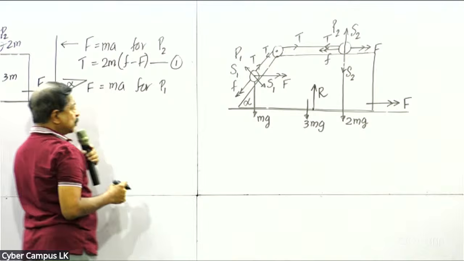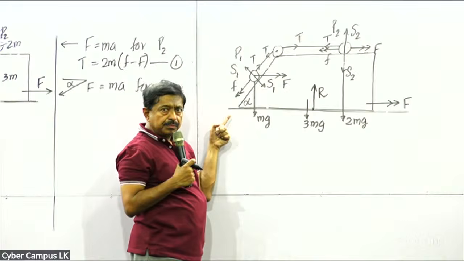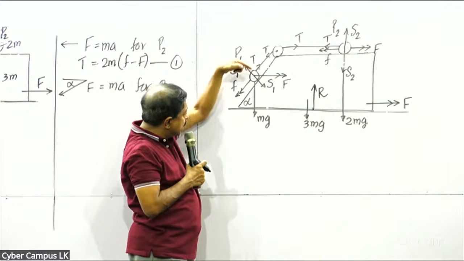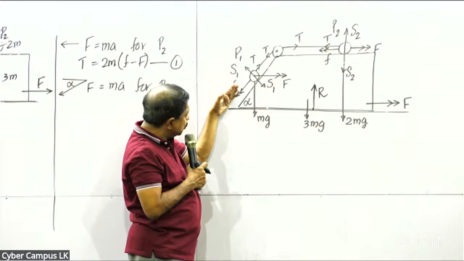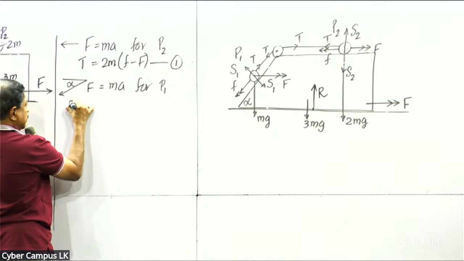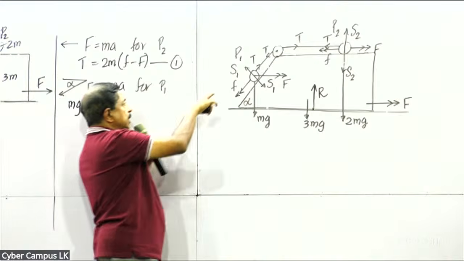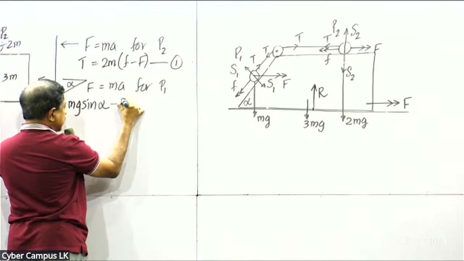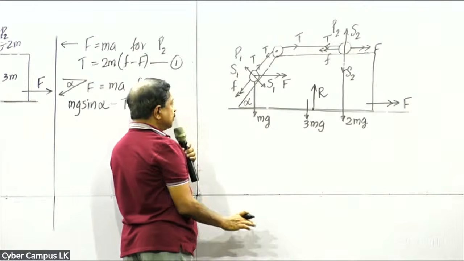Again, there are two forces. mg. Now we are applying along the plane, this side. So this angle is 90 minus alpha. Therefore, you have mg cos(90 minus alpha), which is mg sin alpha. T is in the opposite direction. S is not involved. It is in the perpendicular direction, and that's why we are applying it in this direction, just to eliminate S1. Mass is m,